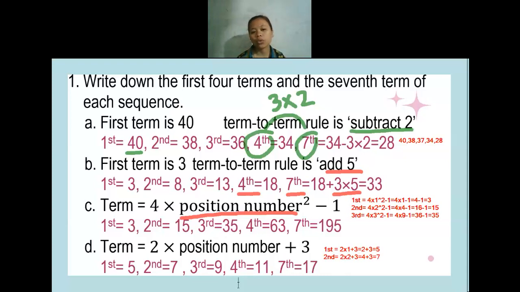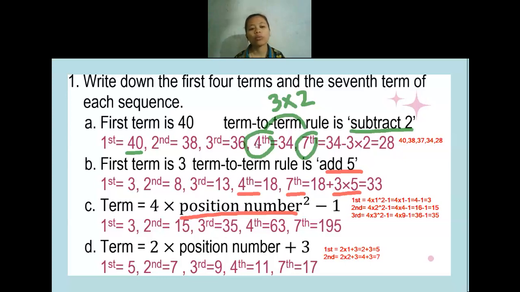Is there anyone who is confused, or maybe my explanation is still confusing? No? Please let me know if you have any question. Do not keep being quiet. No question for sure? No one typed anything in the chat box either. Most of you only say no question. So probably none of you has any question or difficulty.